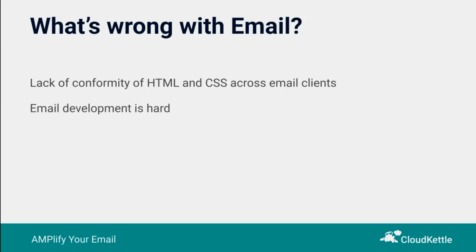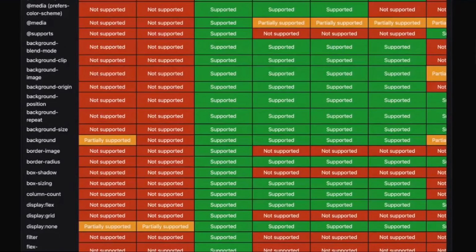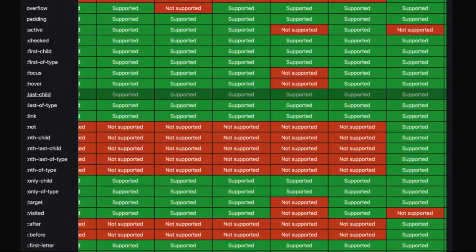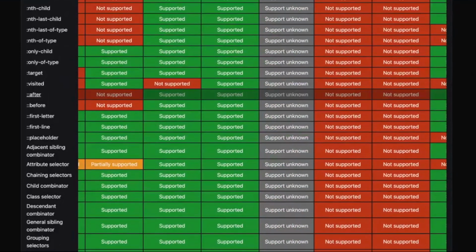Email development shouldn't be hard, but it actually is. It's a really fiddly process. The net result is that building emails requires a lot of patience, efforts, and hacks in order to display consistently across desktop, mobile, and web-based clients. Inconsistent CSS support across email clients requires considerable patience for email developers. So the Can I Email project that we see here really begins to indicate the magnitude of this problem, displaying the varying support of CSS properties across popular email clients, in addition to HTML elements and attributes.